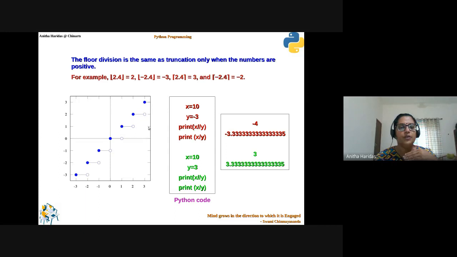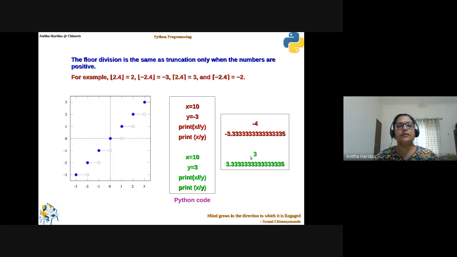Will come here. Then you will get 1. Then here 1.1, 1.2, 1.3, etc. 2. Then here 2.1, 2.2, 2.3, then 3. Then from there 3.1, 3.2, 3.3 up to 4 it comes, right? So when the output is 3.33, it goes to floor, right? So when it goes back to floor, 3 is the greatest integer that you are going to get as the output. So that is why x floor division y will give you the value 3.